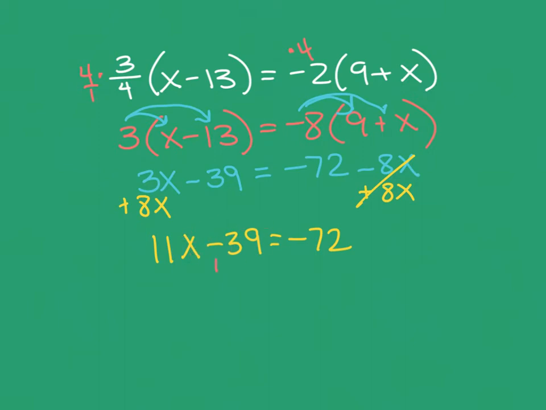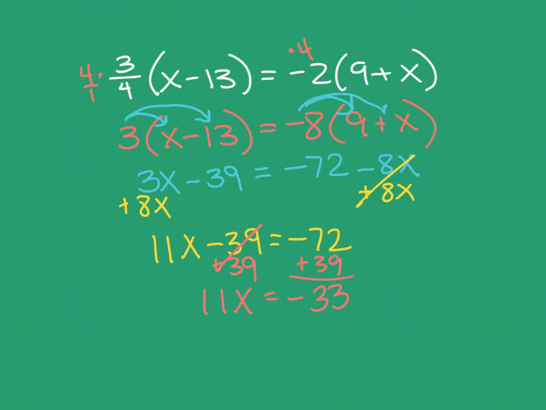Opposite of negative 39, positive 39 to both sides of the equation. That leaves me with 11x over here. Over here, I owed 72. I paid 39. I have 39 and I paid it. So I'm owing less, but I'm still owing, right? And I just have to find the difference between them. That's going to be 34. So I owe $34. Nope, that's not right. I owe $33. If somebody could subtract. Mrs. Sanchez. All right, then